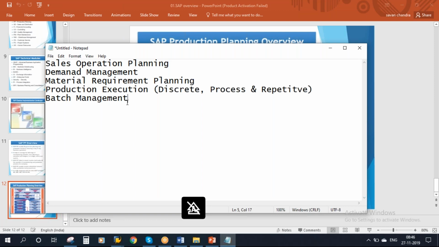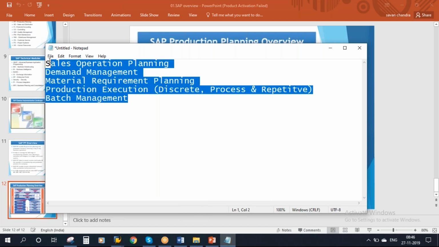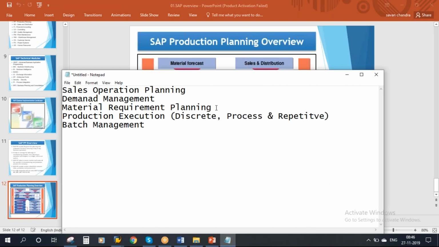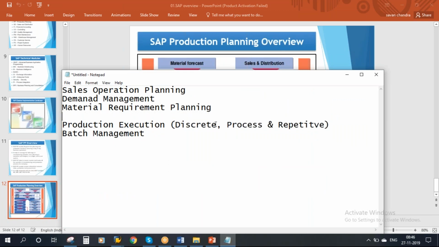So these business processes and functionalities will cover this entire flow. The first three are planning, say SOP and demand management, and this MRP will take care of your planning activities.